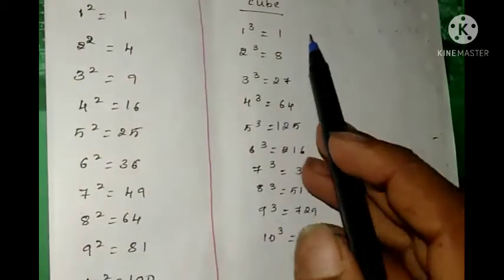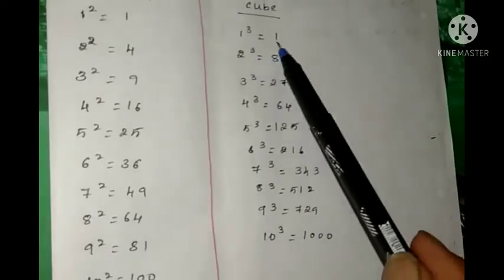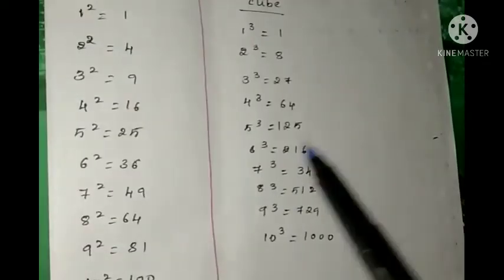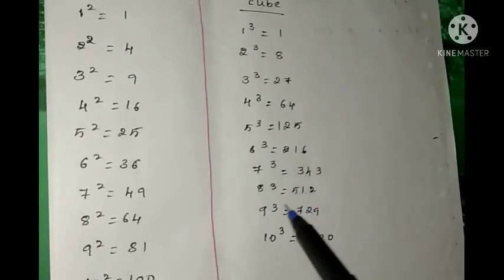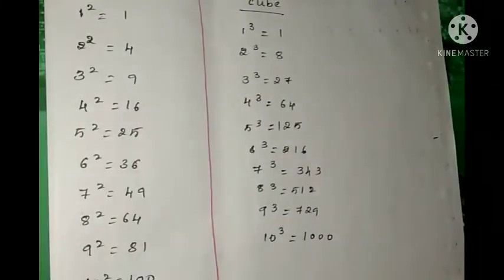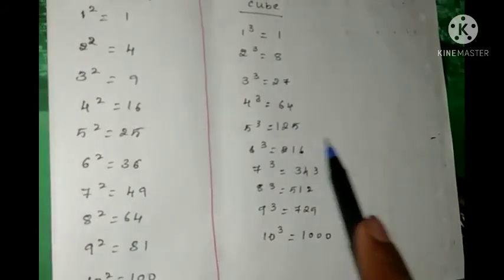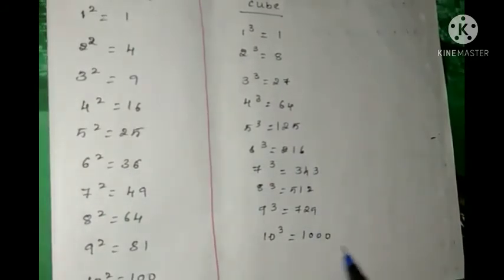If you take another example, now we have to move on to cube root. How to find the cube root? This is 1 cube, 2 cube, 3 cube, 4 cube, up to 10. We write them down: 1, 8, 27, 64, 125, 216, 343. How do the ending digits work? How to find the square root? Here also we take it like this only. 1, 8, 7, 4, 5, 6, 3, 2, 9, 0, like this.